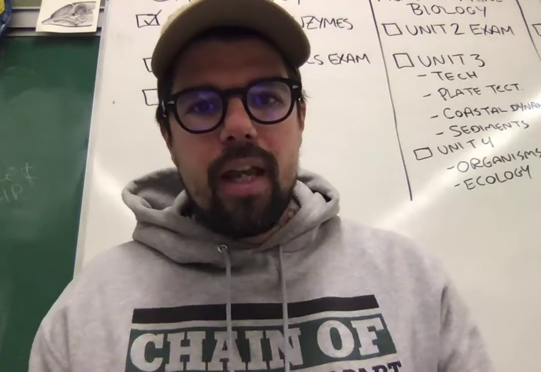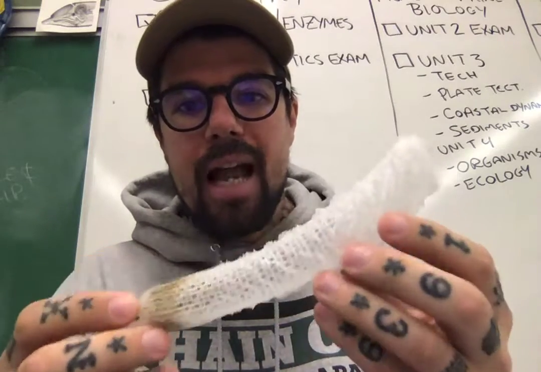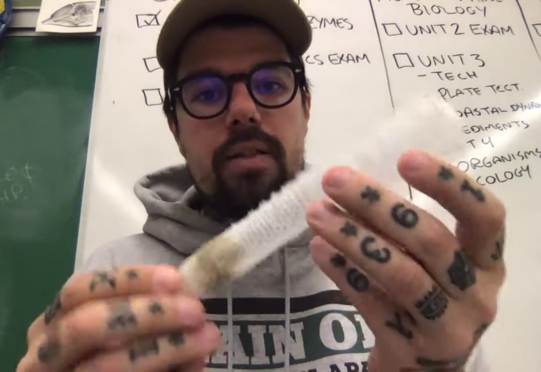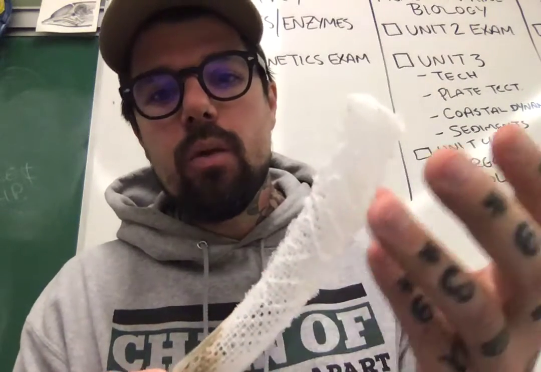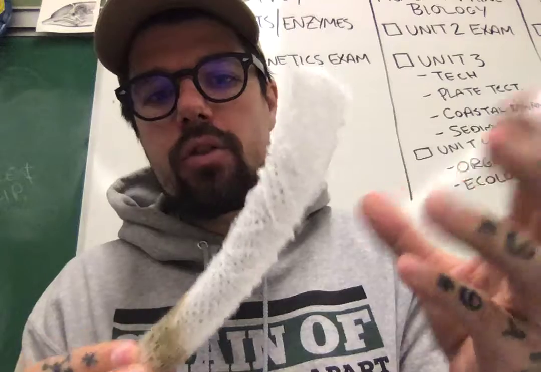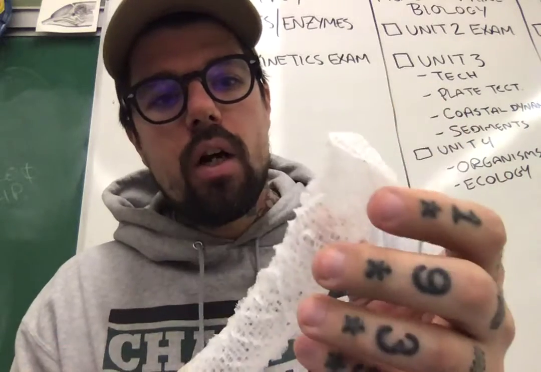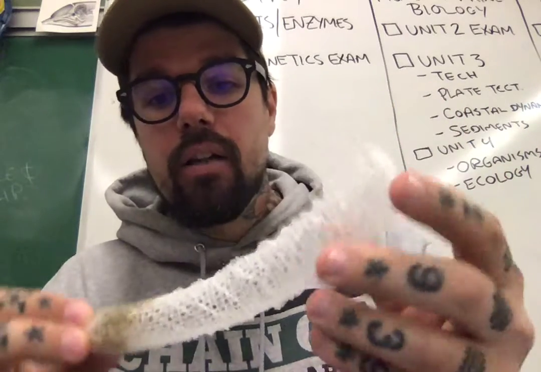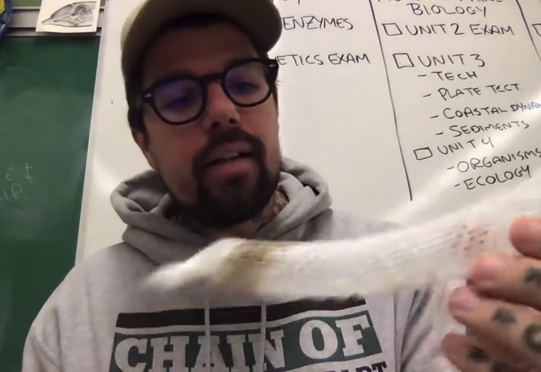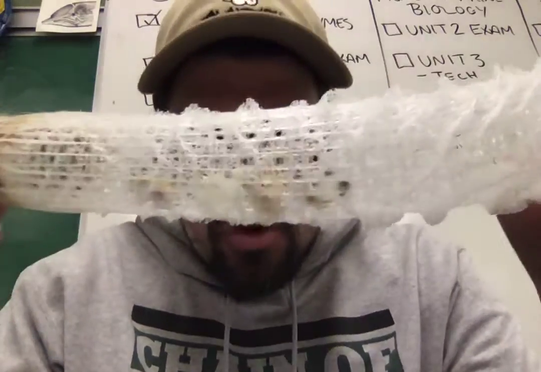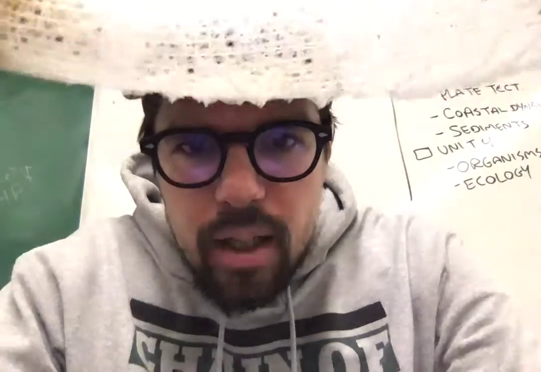Probably one of my favorite sponges here is the glass sponge. This is a living organism literally made of glass. This is silica. Its spicules, its little bone features, are glass spicules. If I shake this, you hear that clanking around. It's kind of hard to see, but if you can sort of see in there some remnants of some kind of skeletal remains, those are actually